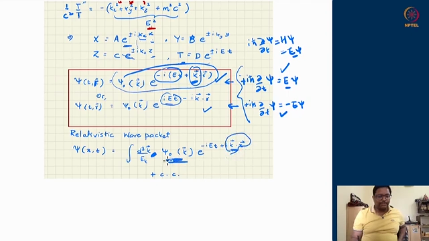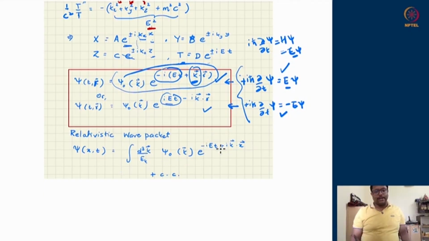And they come up with different weight factors. And e to the power minus iEt, I'm not summing over or integrating over e as well, because when I change kx, ky, kz, e automatically changes. The e is not an independent variable. It is just a function of kx, ky, kz. So in this process, when I have integrated over all kx, ky, kz, I have effectively integrated over all possible